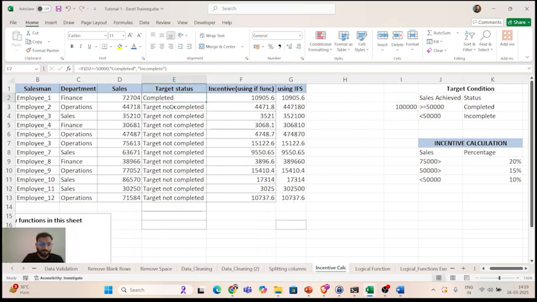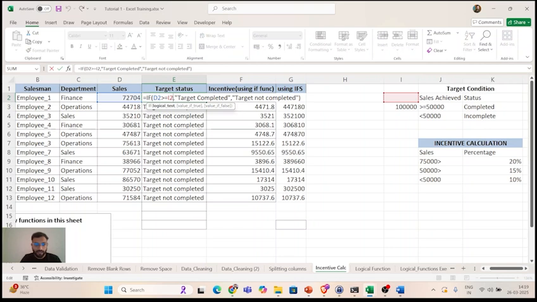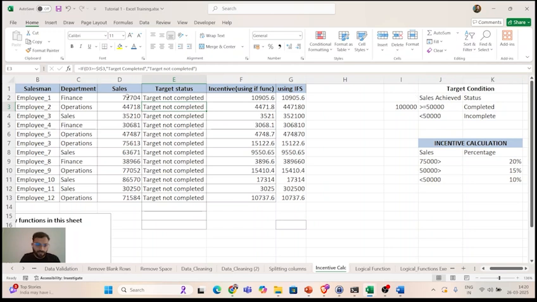So for the first cell, I think the formula is not copied properly. See, double click on it. Yeah. Oh, again it is I2. I have to fix it here. F4, enter. In the above also, I have to make it I3 and press F4, enter. At 1 lakh, nobody has done 1 lakh, so target not completed for anybody. So let's make it 50,000 again. Now some have completed the target and some have not.